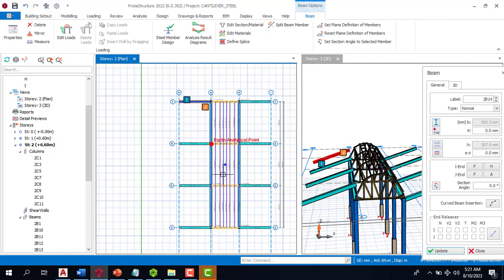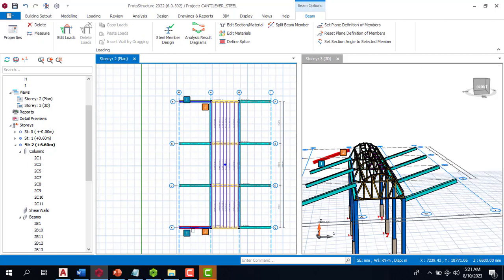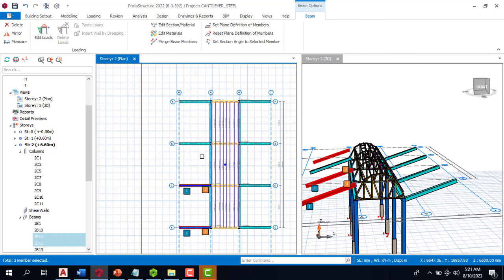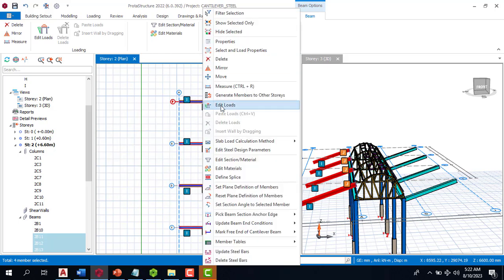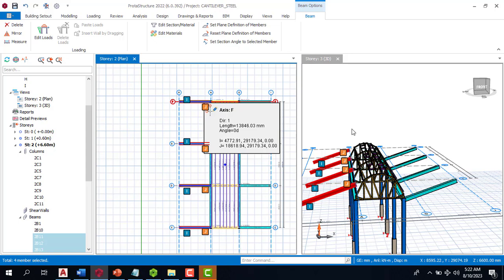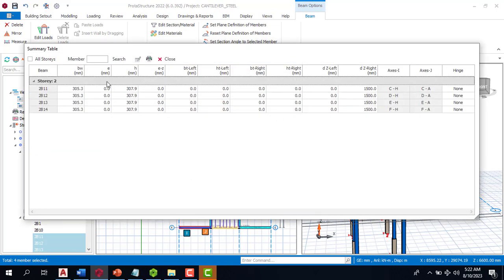So in order for us to reverse this, I can just highlight all these beams by holding my control to select all of them to pick. If I come to the property here, you can see it brings out a menu for us. Now, you know, this is I, this is J. So along DZ left,